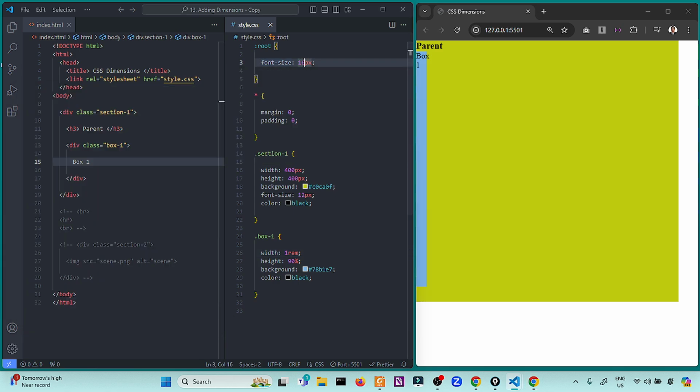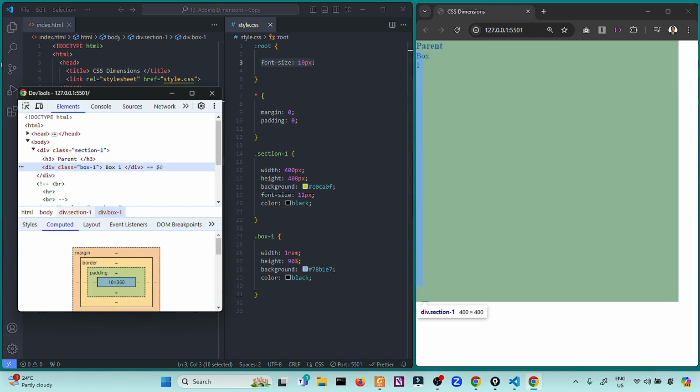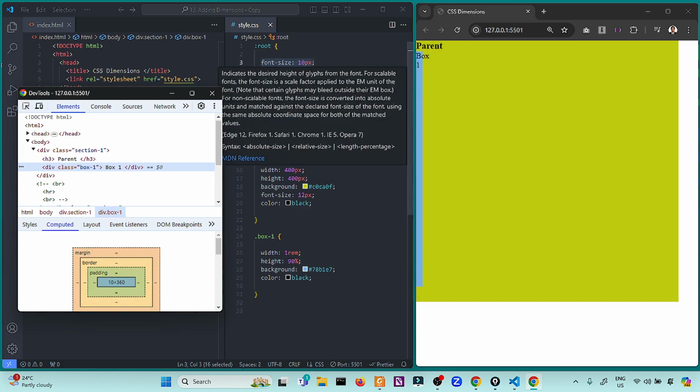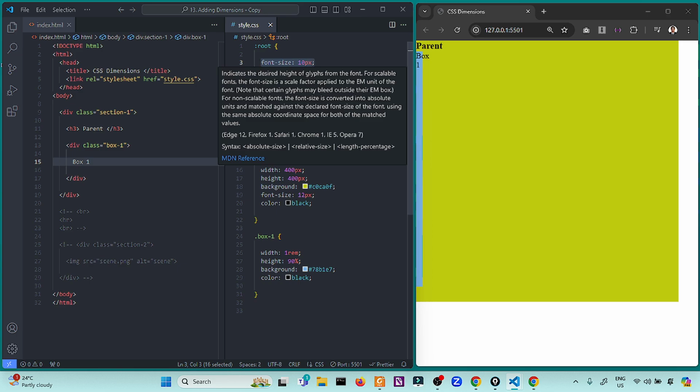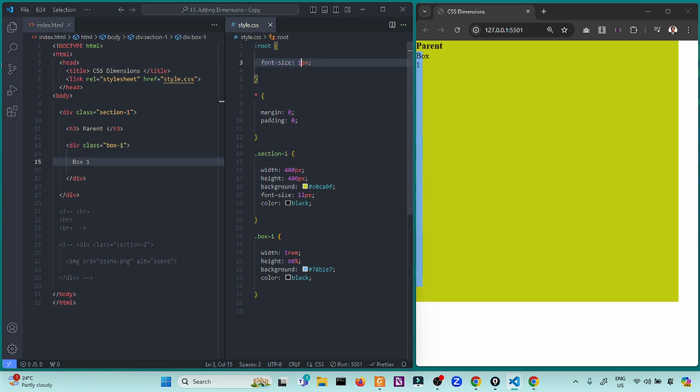So why is this also important for responsive design? By changing the font size of the root, you change all of your settings. If you are using rem, 1 rem is equivalent to 10 pixels. So you can easily adapt screen size based on the font size of the root element. So I hope you understand the most neglected part for beginners in understanding the concept of CSS dimension.